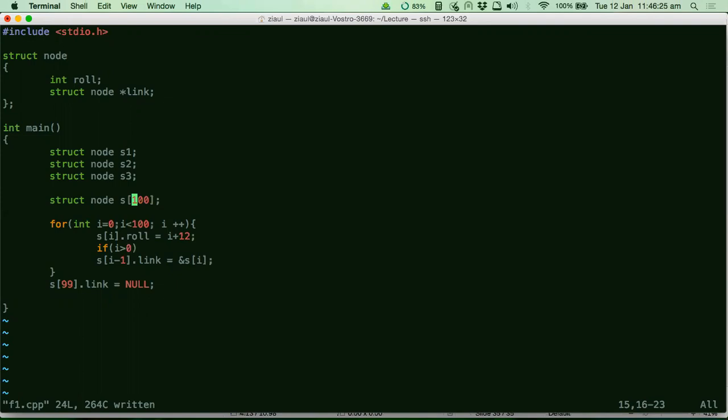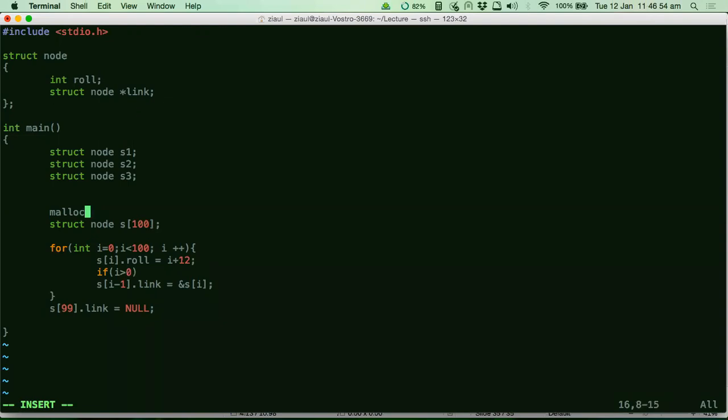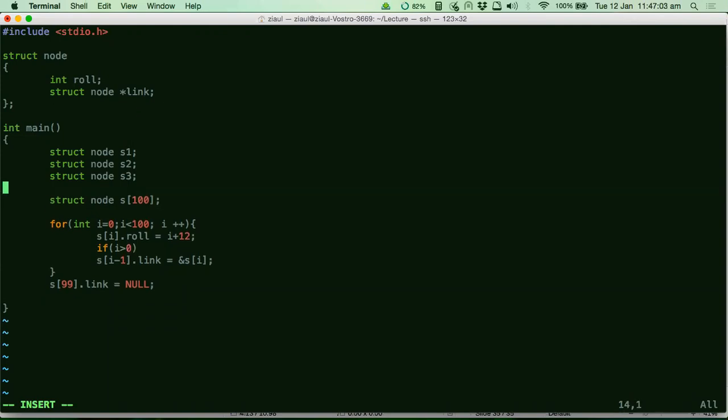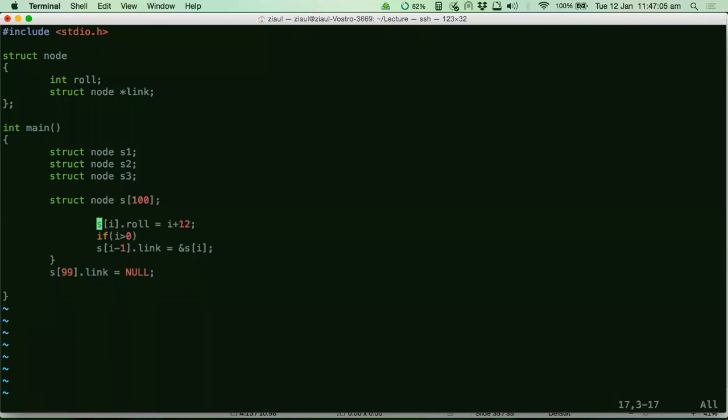Won't it be good if you can create memory when you need memory? Not like this static way wherein you just declare a very big memory and then you just access that memory when you need it. It's not like that. Dynamic memory means you create memory when you need it. So that is the concept of dynamic memory allocation. There is a function to do this. This function is called malloc. Using malloc, you can create memory dynamically. So let me give you a very basic example of how you use malloc.